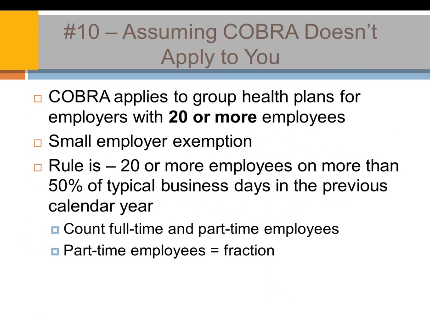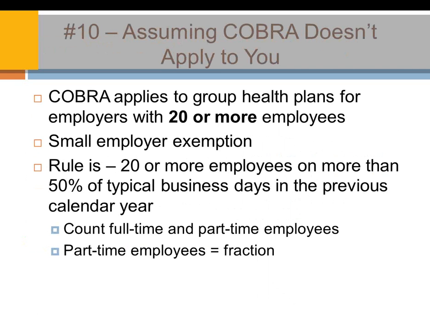This becomes a little bit of a challenge in that most employers may or may not be tracking that. It's probably becoming easier now with the ACA rules that are out there and relying on payroll companies to help with those resources. But probably the trickiest part is that you would have a full-time count of employees. Those are people that are 30 hours or more, or based off your benefits package, eligible as full-time. And then you would count the hours of part-time employees as fractions of a full-time.